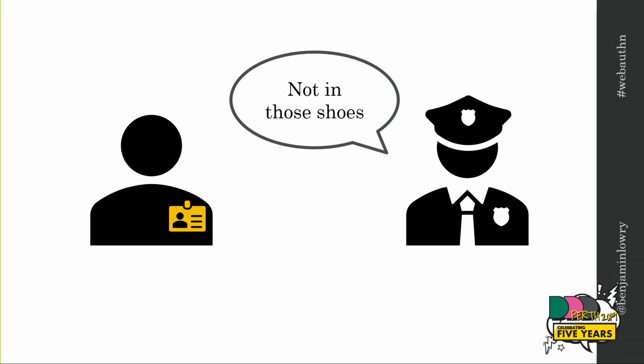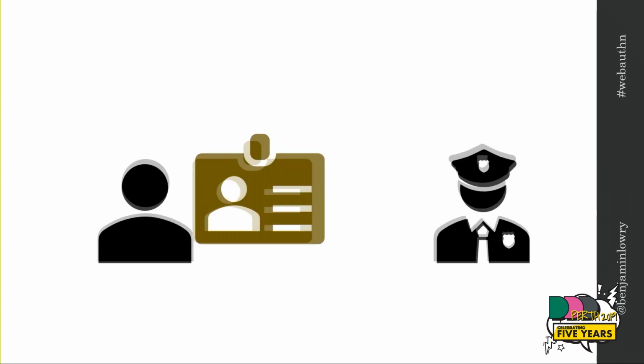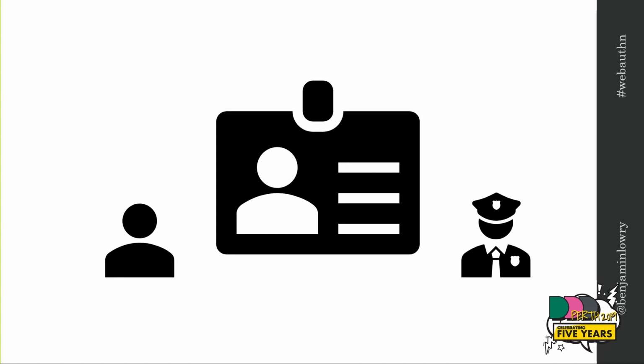And the important part of this exchange is the ID. Now, the ID has a few things on it that help us know that it's something that proves who you are. It's issued by, for example, the Department of Transport. It's got holograms and that kind of thing. And it's got a picture of you. And by looking at that picture and knowing that you trust the document itself, you can trust that the person is who they say they are. That's kind of the same thing we have with passwords, where it's something that I know and I give to you, and you can validate that it's the right password, at least if you're a server. I'm not a server, but let's say we are.